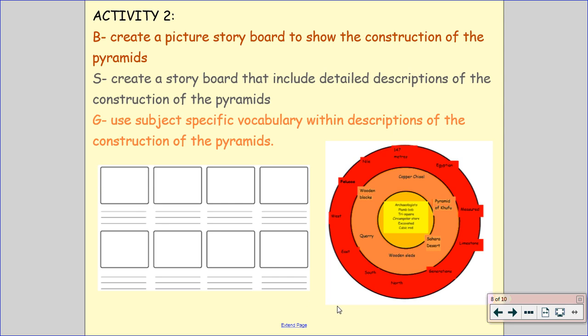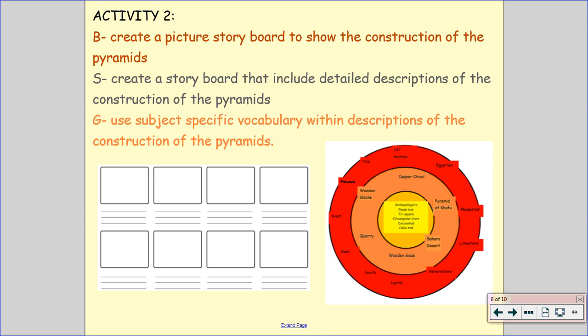So, like I said, now maybe go back, think about what are the main sort of 6 to 8 important parts of the construction of the Great Pyramid. I would suggest maybe the quarry would be one of the important parts that you need to include. How they were pulling the stone up through on the pyramids, all that kind of stuff. So pick out what you think is the main part and draw out your storyboard.